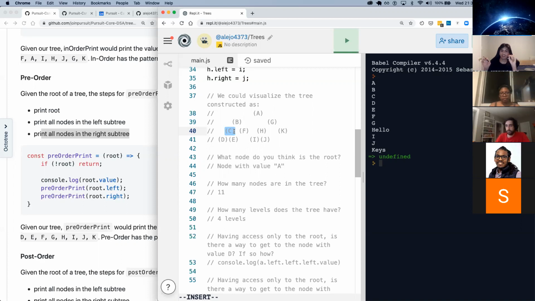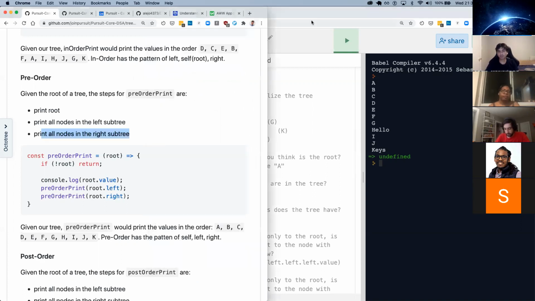Because we have the left call first, it will happen first, and that will finish. And once that finishes, we'll go back to the context of C, and because that hadn't finished, we'll call the one on the right. And my goal is to see if we can visualize that.